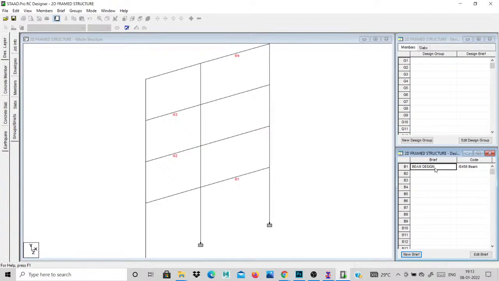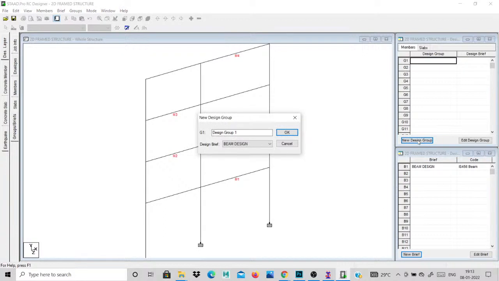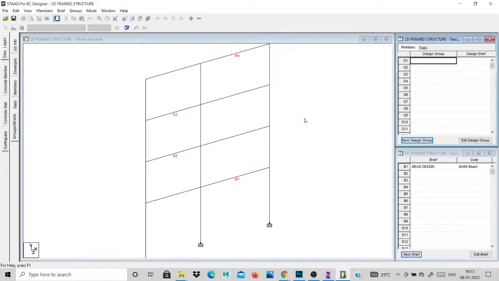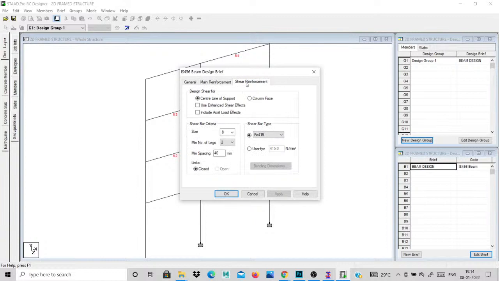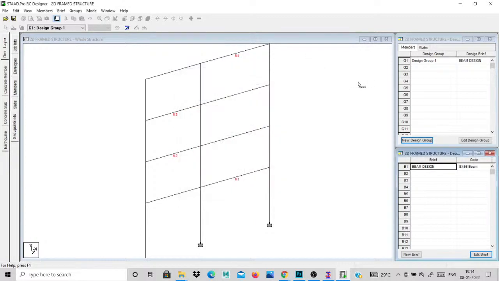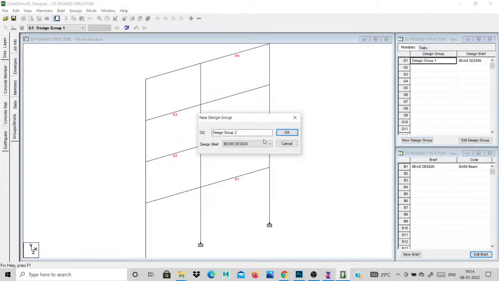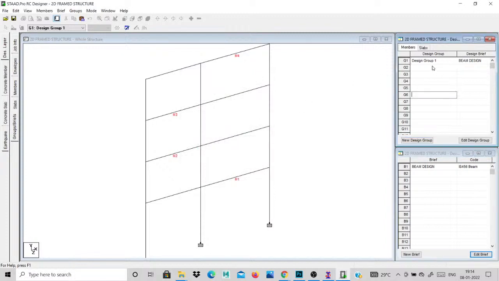Then you go for a new design group. Simply select this design brief, click this design beam, then click OK. Automatically, it creates the design beam also. This is a design group. For the design brief you selected, you change your grade of concrete and all the values, main reinforcement and shear reinforcement also. Then simply go for a new group, select this, add this beam design, then created the groups